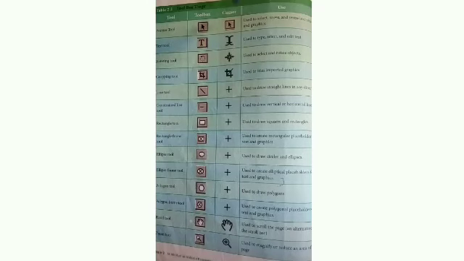We can see the usage of the toolbox. First one is the pointer tool. Pointer tool is used to select, move and resize text objects and graphics. Select means, already you know that. Move means we have to drag from one place to another. Resize means we have to change the size of the object. We can increase the size or decrease the size. That may be the text object or graphics.